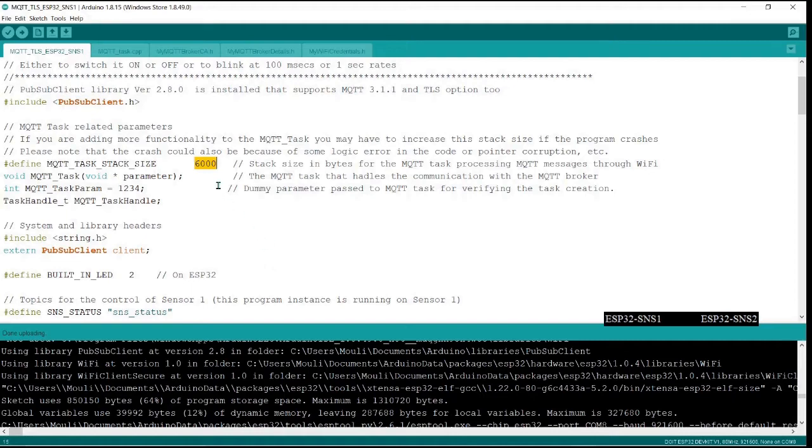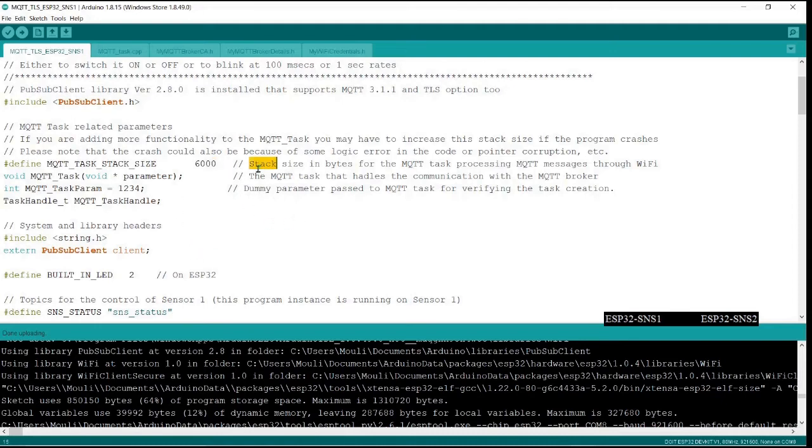What will happen is, once you download the code, it will start restarting continuously. So if the stack size is less, compilation will go through, because the compiler tool will not know how much stack size is needed when the actual code is running on your processor.